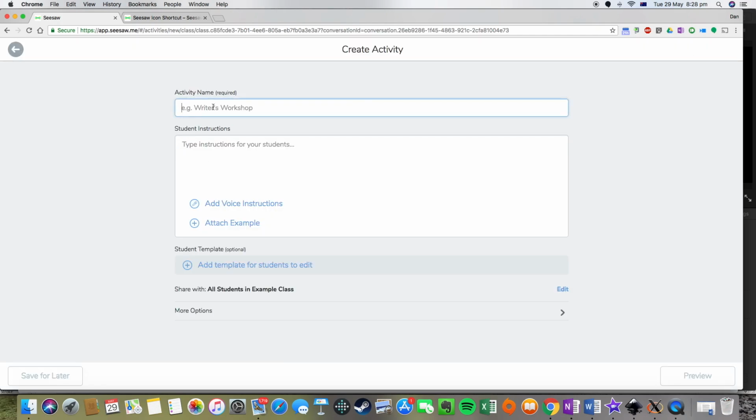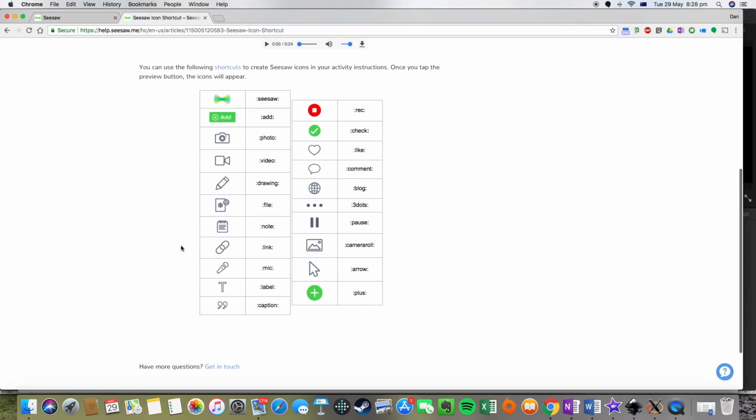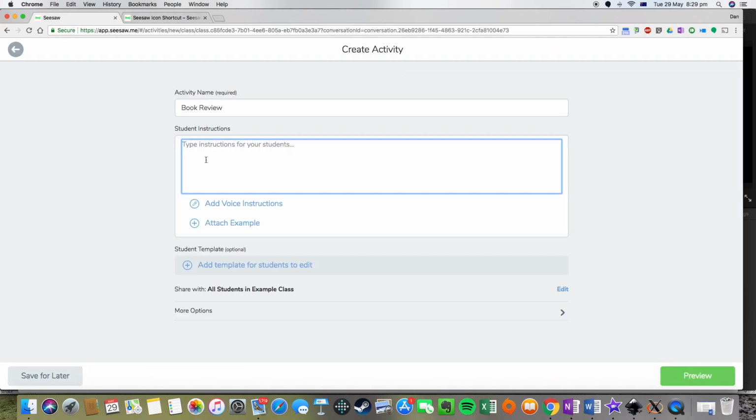We're going to call this activity book review. And we're going to type some instructions in here for our students to use. Now, when we're typing these instructions, we can actually have our Seesaw icons show up, and we've actually got some of the icons here. I'm going to put the link for this in the description below, but we're going to be using some of these to create our instructions for the students. So the first thing we want to do is just number the instructions for them to make it nice and easy. So we want to tap Add